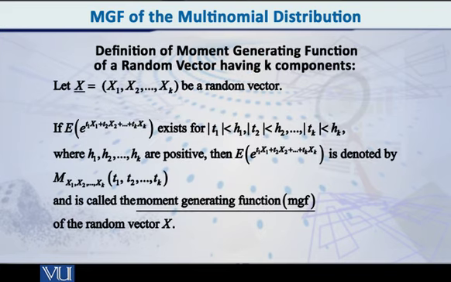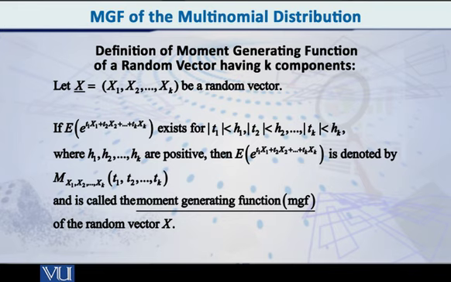Well, we can say it like this, that if the random vector capital X given by the components or the variables x1, x2, so on up to xk, if we have such a random vector, then if the expression expected value of e raised to t1 x1 plus t2 x2 plus so on up to tk xk, if this particular expression exists, if it exists for modulus of t1 being less than h1, modulus of t2 being less than h2, and so on, modulus of tk being less than hk, where h1, h2, so on up to hk are positive